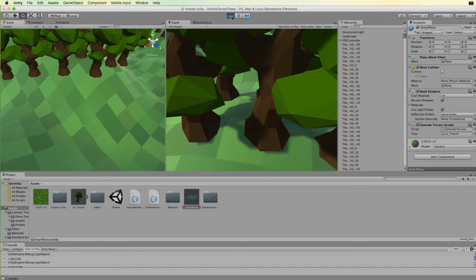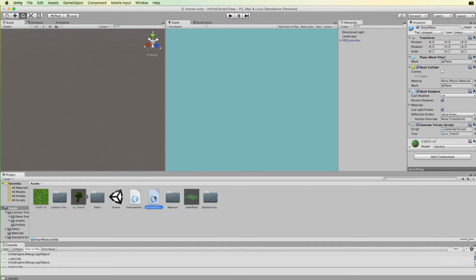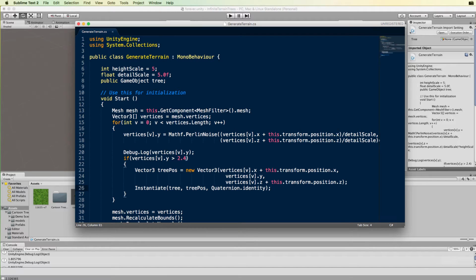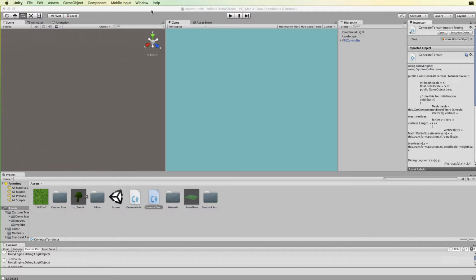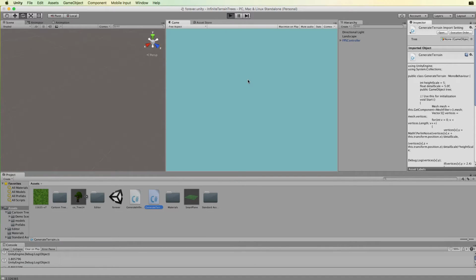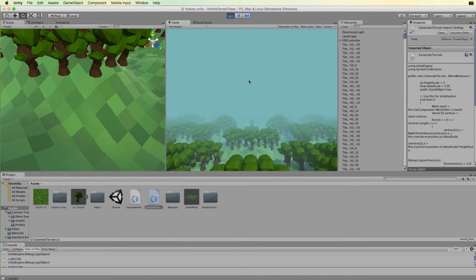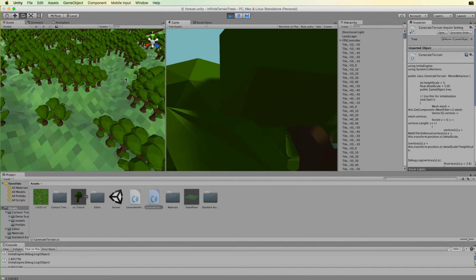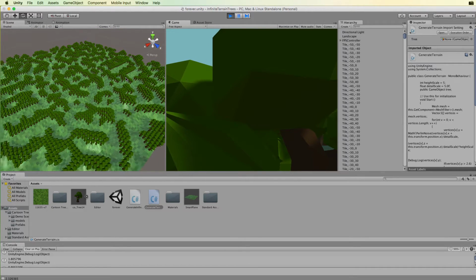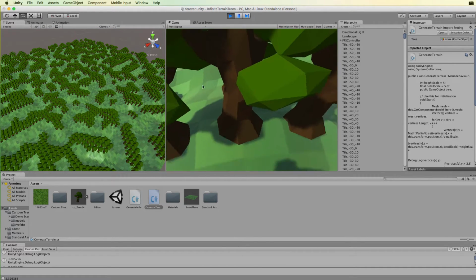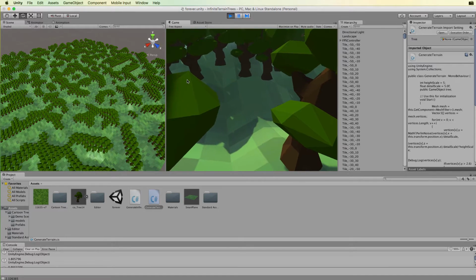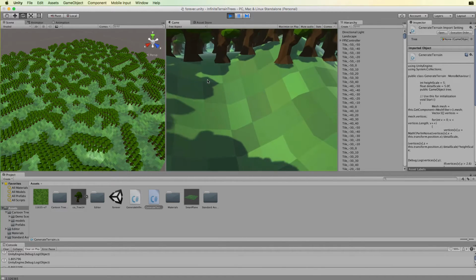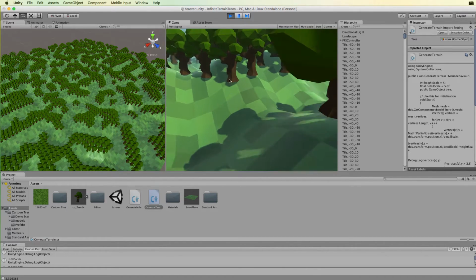And if you want them to be just on the tops of the hills more, we can come back and change this value. If it's greater than 2.6 in the y direction, we should get less trees being generated. Okay, so if we just go back to the scene here, we can see there's less trees, and we've got some nice trees, and we can actually walk through the valleys where there aren't any trees,